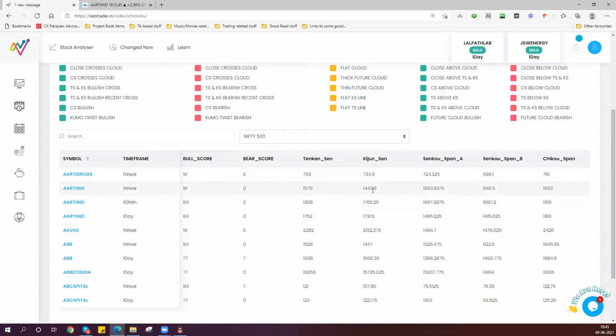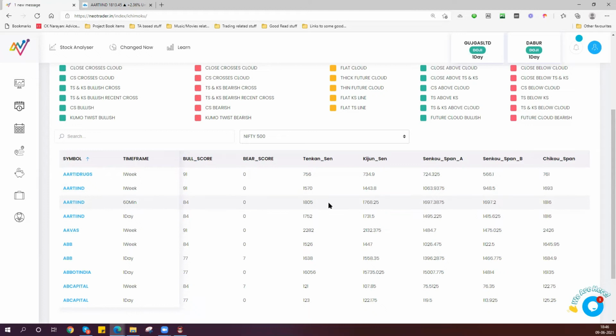But they're all getting more and more distant, as you can see. So you have to watch out for your money also. And based upon your money, you should set the correct stop loss. So you've got 1768, which is the Kijun Sen, and you can set it below that. Or you can take 1752, which is the daily Tenkan Sen, and go below this. Or you can take the daily Kijun, which is 1731. So you've got many stop losses and buy points.